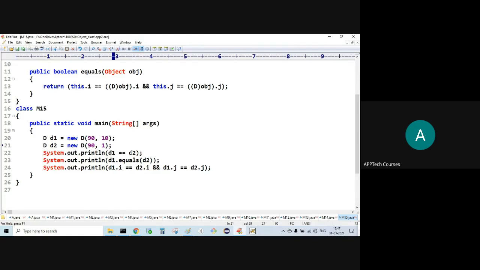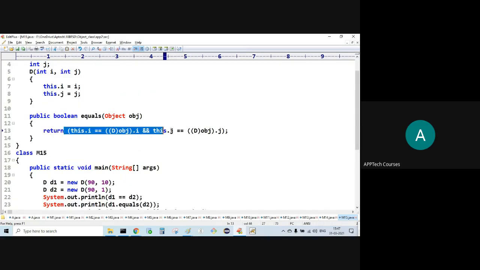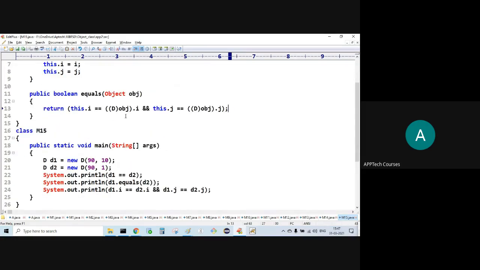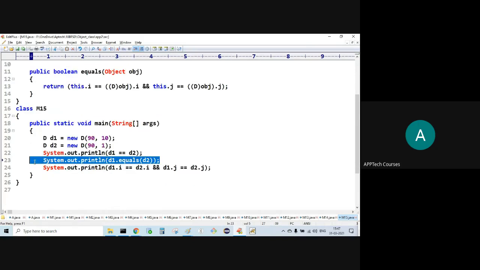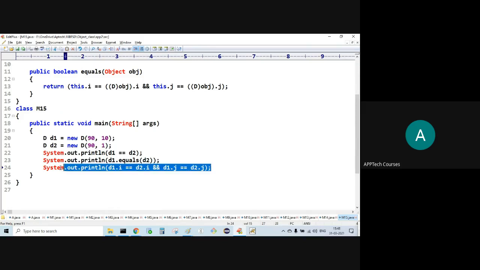D1 and D2 both are different objects. D1.equals(D2): comparison will be happening. this.i and obj.i are the same, no issues at all. But it is also going to check this expression: this.j is not equal to obj.j. Completely it is written false. So this is why it is false.